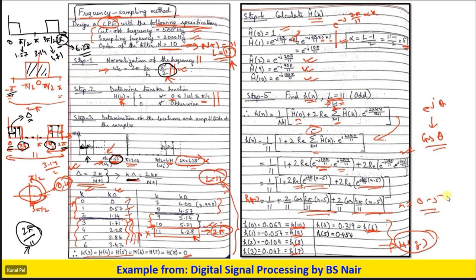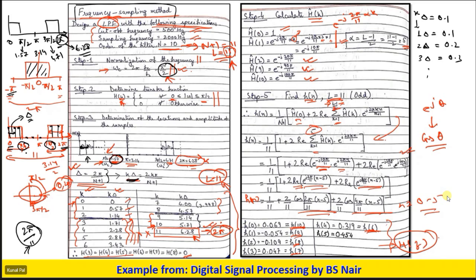Suppose I have a delta value of 0.1. So k delta equals 1 delta, it will be 0.1. 2 delta equals 0.2. 3 delta will be equal to 0.3 and so on. So these 1, 2, 3, what are these? These are nothing but k values. So from here, you have found these k values. Now, once you have found these k values, you have to see what the passband limit is.